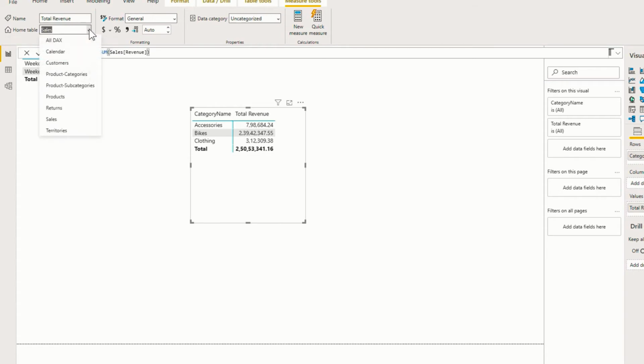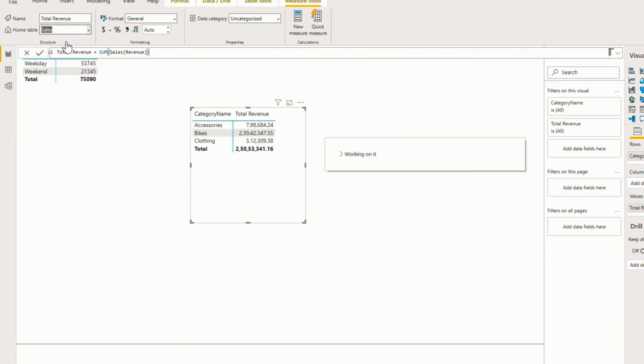Click on the drop down and you will see all the tables listed, and from here I'll select All DAX. And now you can see that the total revenue measure is no more under the sales table. It has moved to the All DAX table.